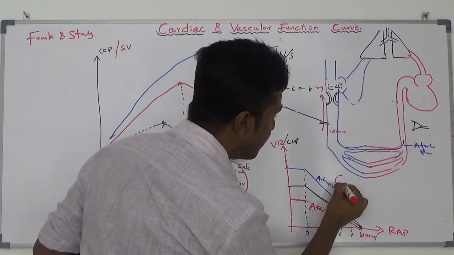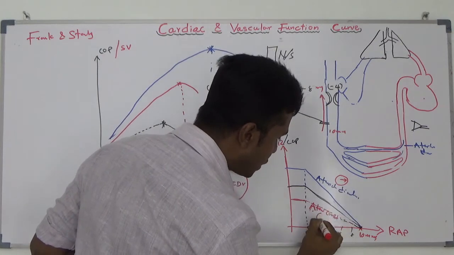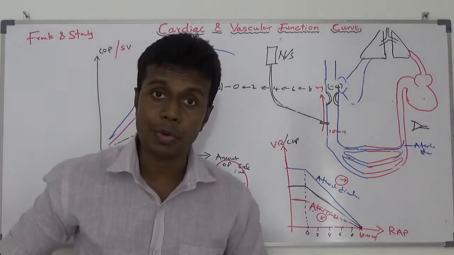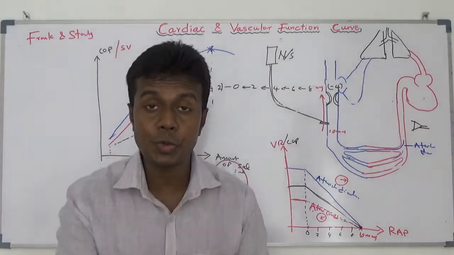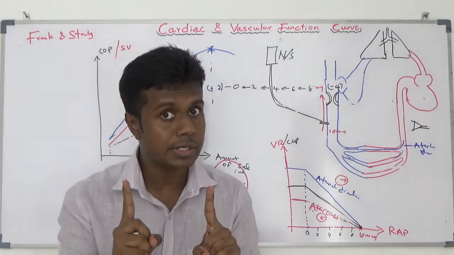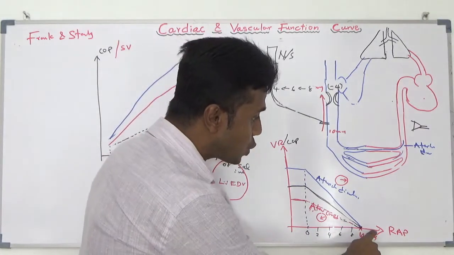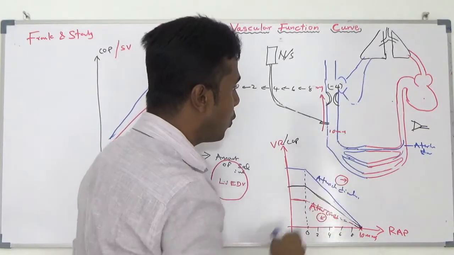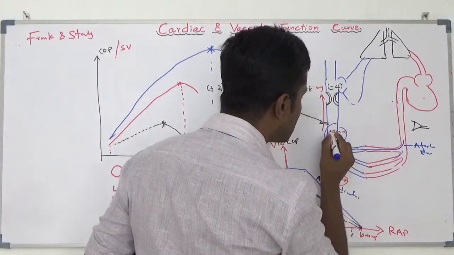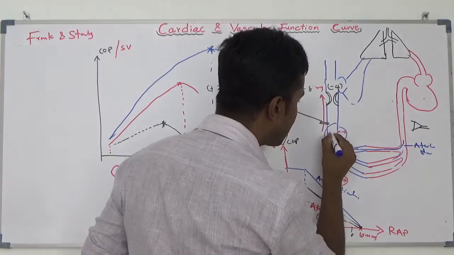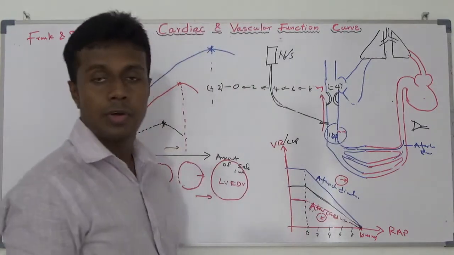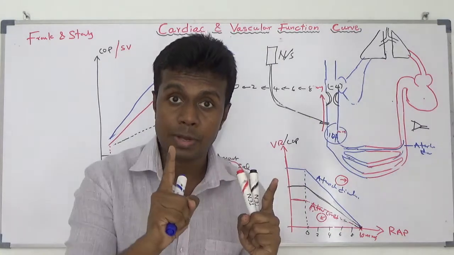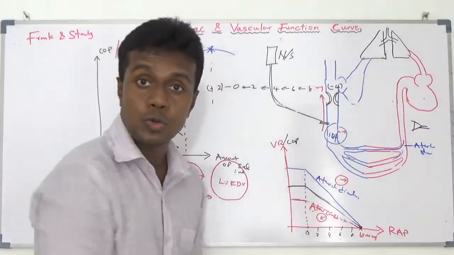This is arterial dilators. This is arterial constrictors. If you give more fluid to your patient, your endpoint is also going to be increased. That means this mean systemic filling pressure is also going to be increased. Here initially 12, now 14. Once we give a large amount of fluid, my mean systemic filling pressure, or pressure here, is also going to be increased.